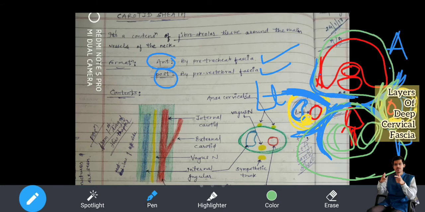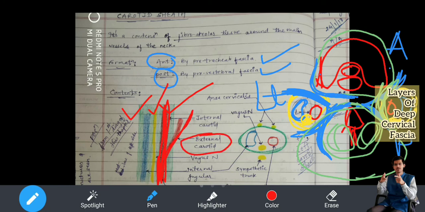Okay, now what is important throughout the carotid sheath, what is the sequence of the three structures? The three structures. This is very important. Contents, as I have already told you, it is the internal jugular vein, internal carotid artery. Just a second, we will use red color. Internal jugular vein, internal carotid artery, which is actually common carotid artery, which splits into internal and this is internal. Outside goes the external. See, I have already labeled here, and the vagus nerve.